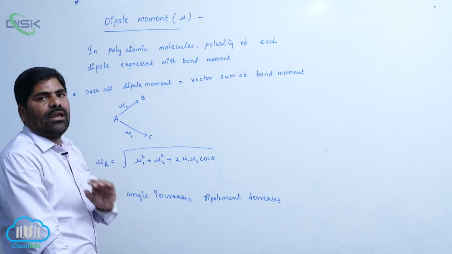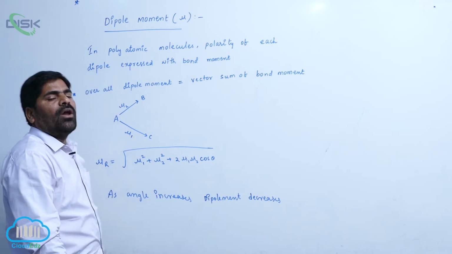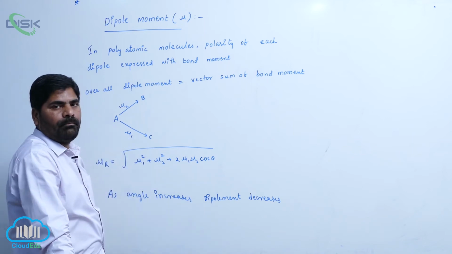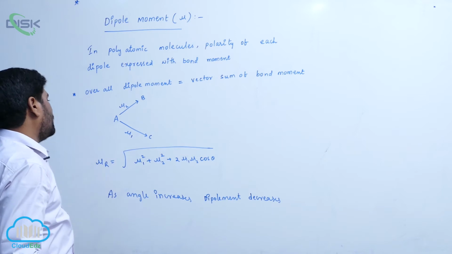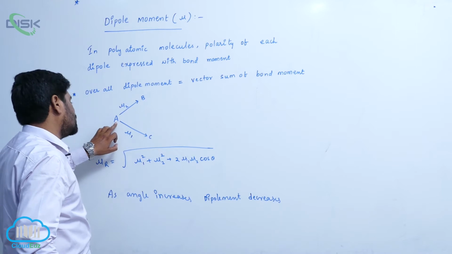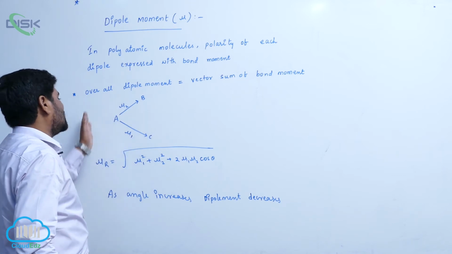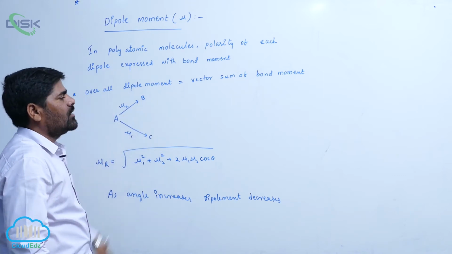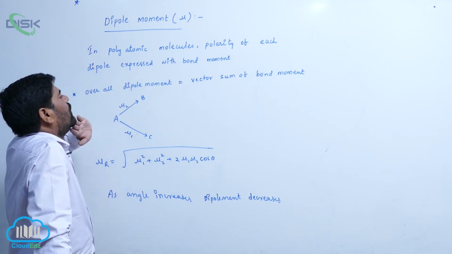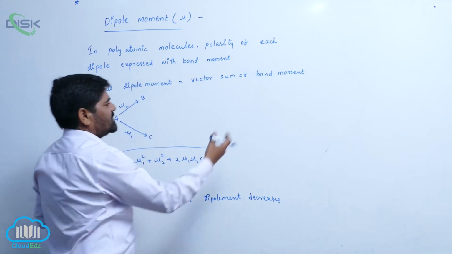For example, if you are taking polyatomic molecules, in polyatomic molecules, the polarity of each dipole, for example, this is the A atom in the center, this is B, here is C. So you assume that it is a polyatomic molecule with more than 3 atoms. So the polarity of each dipole is expressed with bond moment. For example, if you are taking